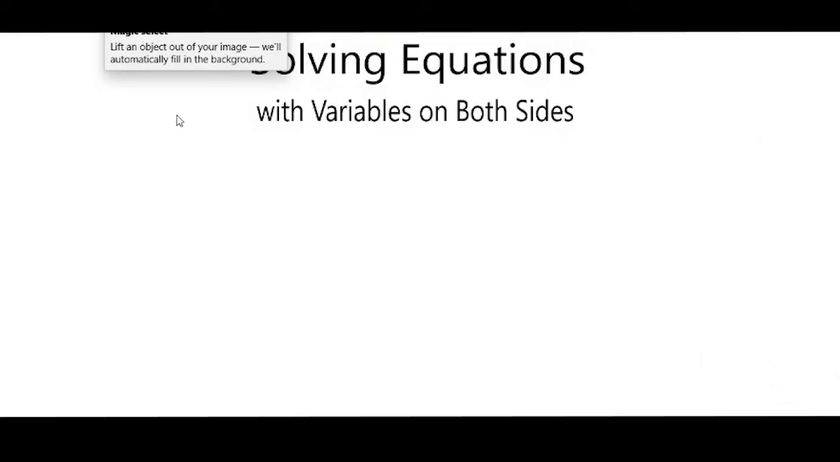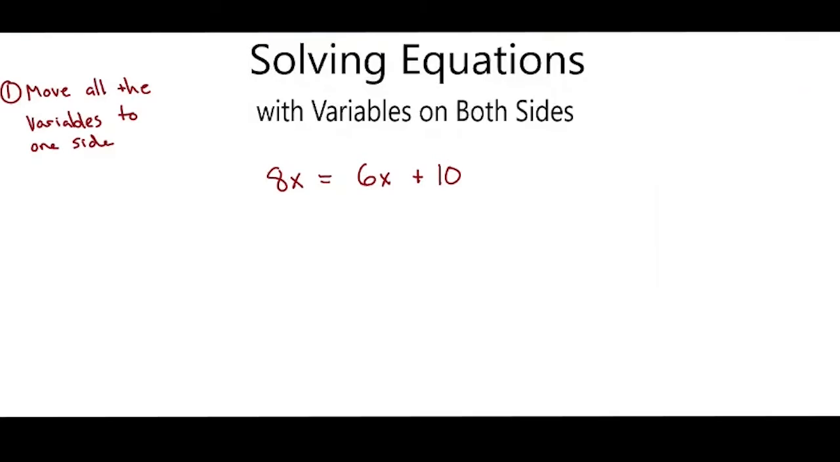Hello again. Today we are going to be solving equations with variables on both sides. So let's say we have 8x equals 6x plus 10. So the first step is going to be to move all the variables to one side of